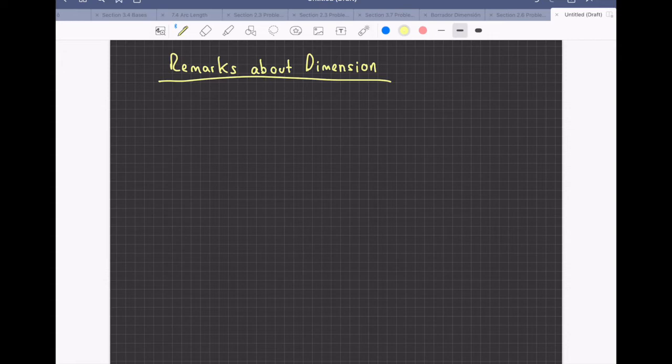So we have to pay attention mainly to the remarks and of course the definition of dimension that I gave you. But some important remarks. Assume W is a subspace with the dimension of W equal to p. Then, first remark, all the bases